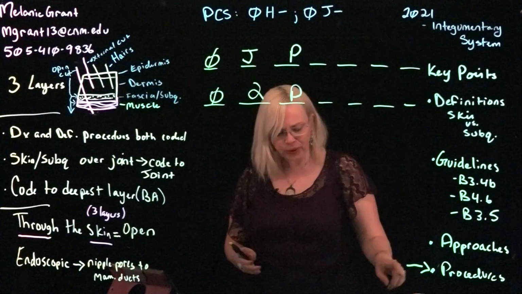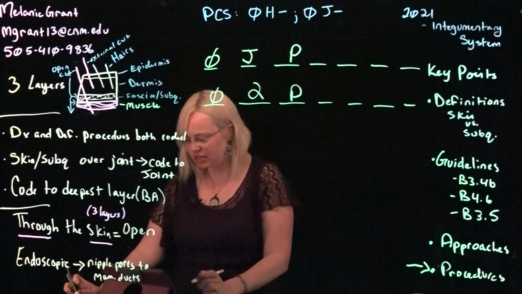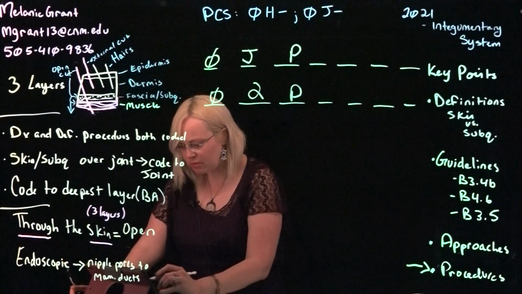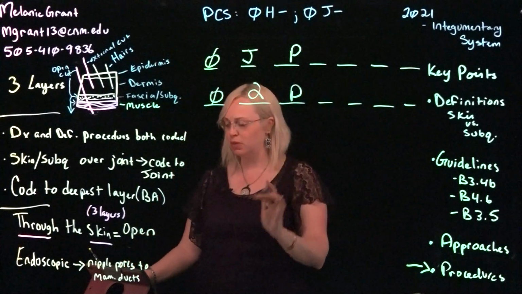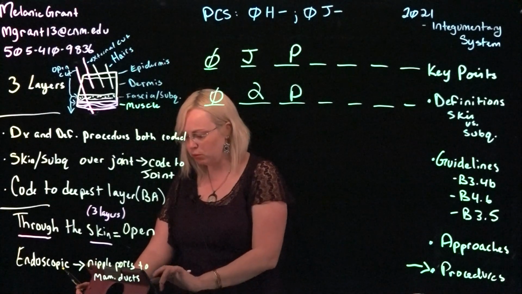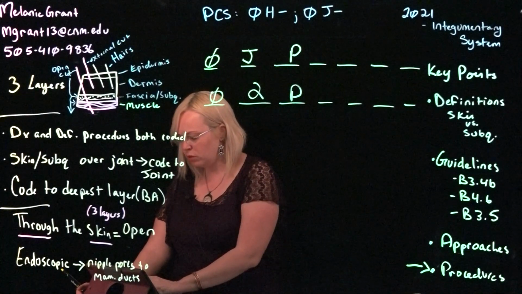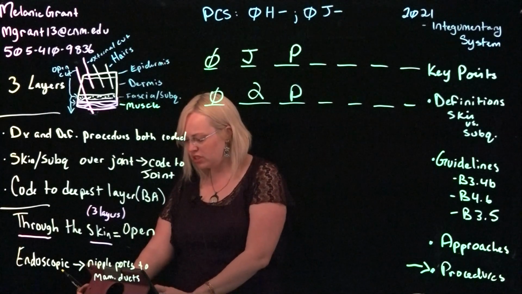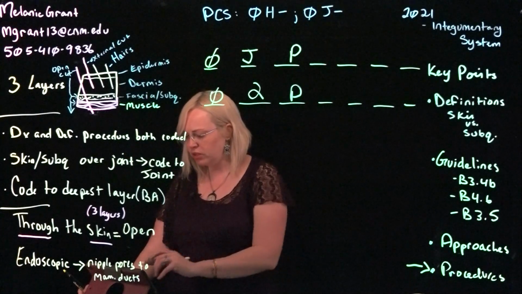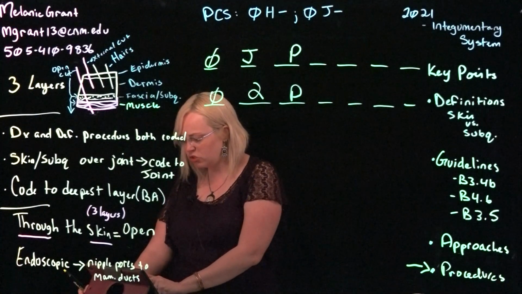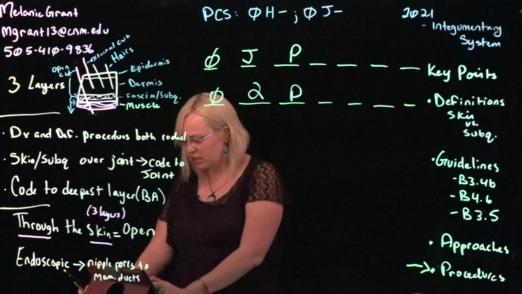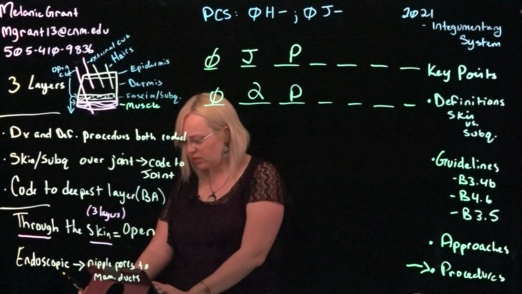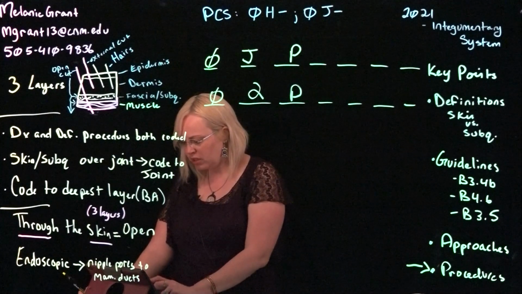Okay, so I'm going to go ahead and add this into my 3M, and I'm going to start with the term for the procedure, which is removal, because that's my root operation. So I'm going to be removing. I get the option for removal, and I'm removing what? I'm removing a device. You'll notice there's various different options. When you're looking at it, you have a regular device, such as a drain monitor or traction device, versus a joint device and other devices that you can spell. So I'm going to go with